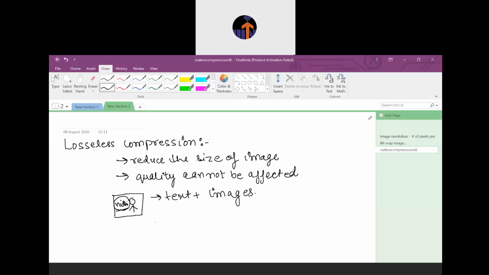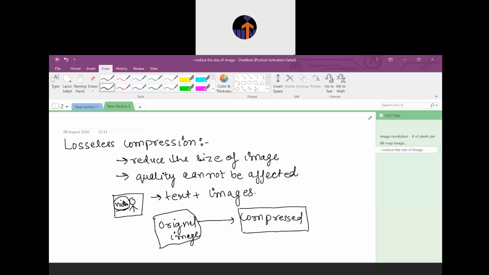For a more diagrammatic view, this is our original image, and after the compression it will be a compressed image. The size of the image will get compressed.